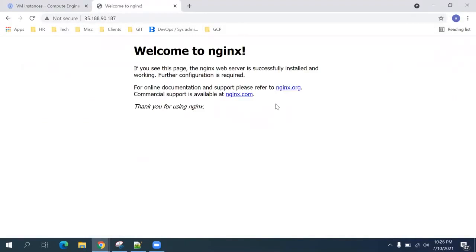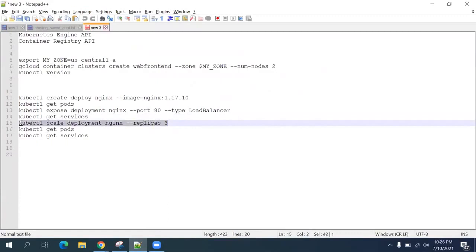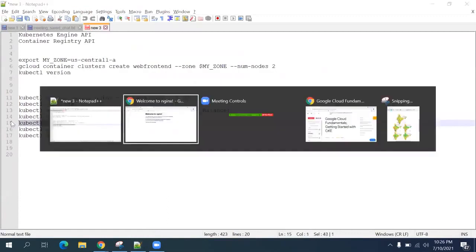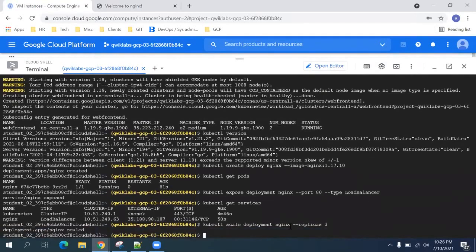Now we can scale up the number of pods which are running on our service. For that, we will use this command. This scaling is very useful when we want to increase the available resources for an application.